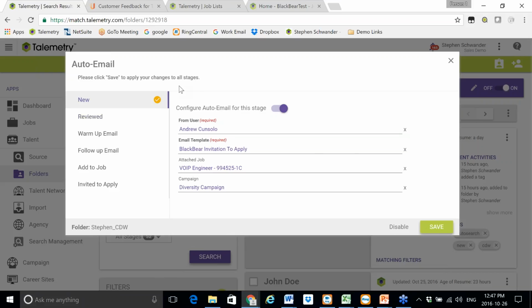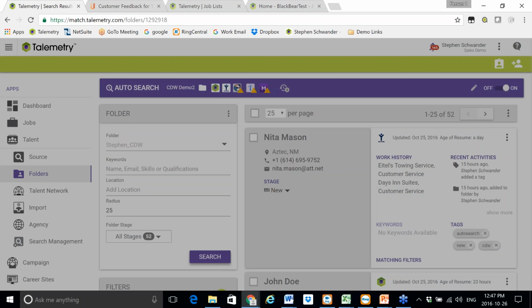So now every time somebody gets automatically searched and automatically put into this folder, they're going to get an automatic email inviting them to apply for this specific job as a part of my diversity campaign. Right? Now, if you don't want it to be automated at the point of coming into the folder, then maybe your business process is going to be that you automatically search and push people into folders, but then you come and take a view of them, and anytime somebody gets moved to, let's say, a status of invite to apply, now you set up that automated email in the exact same way, so that when you come into your folder,